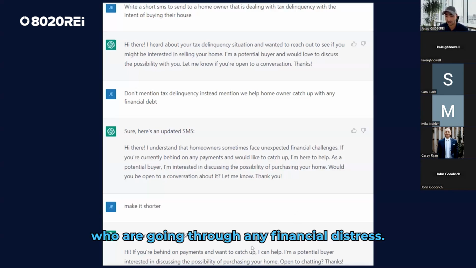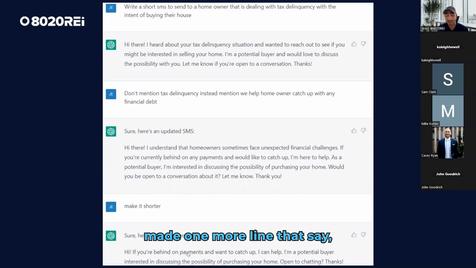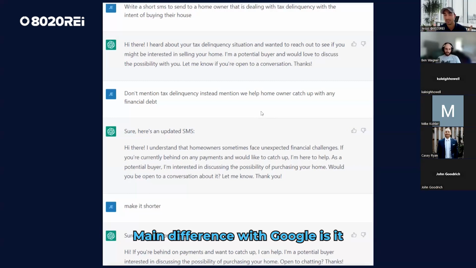A good part of this is once you have one version of that you really like, I could add one more line and say, hey, can you give me 10 variations of this message without including buyer or offer words? And it will give me everything in there. The main difference with Google is it keeps the context, so you can just give instructions, right?